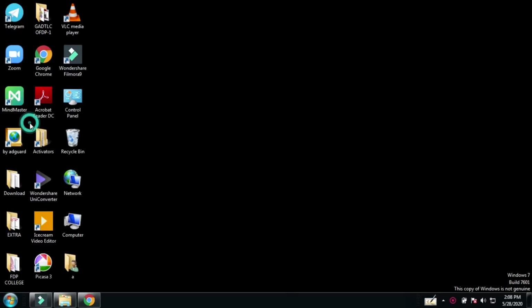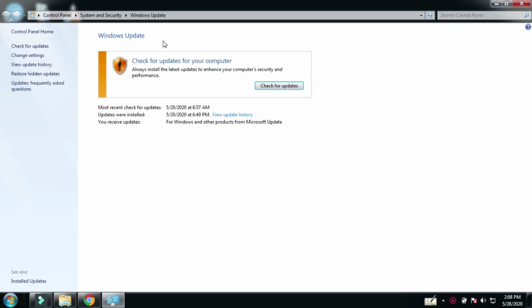This window gets opened. Now click on the check for updates button. As soon as you click on the check for updates button, a number of updates for your system are there. Update all of them, and after successful completion of the update, your system is ready for OBS installation.